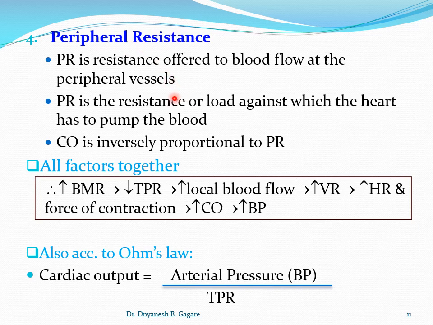Coming to the point, the peripheral resistance is a resistance or load against which the heart has to pump the blood into the circulation. And what is its relation with the cardiac output? Cardiac output is inversely proportional to the peripheral resistance. So peripheral resistance,